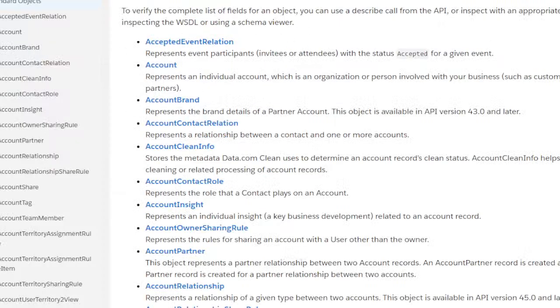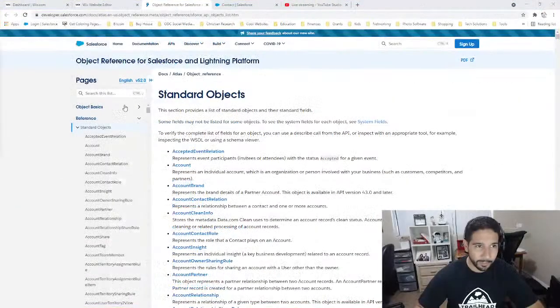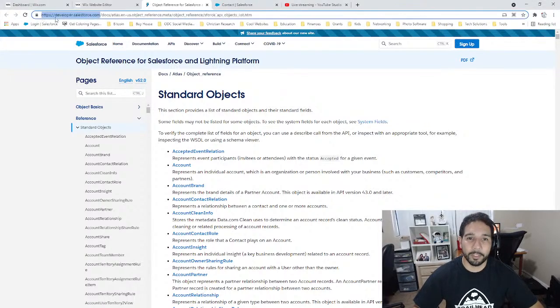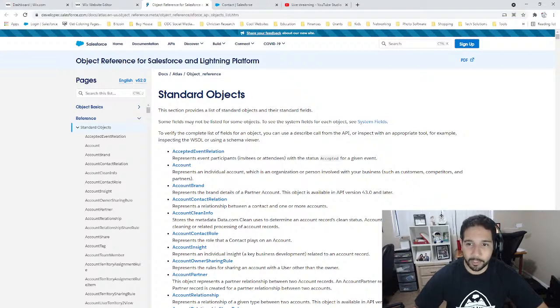Here are our standard objects. Let me open this up a little bit. So here we have our Salesforce developer documentation, and if you're not sure about some of these standard objects,